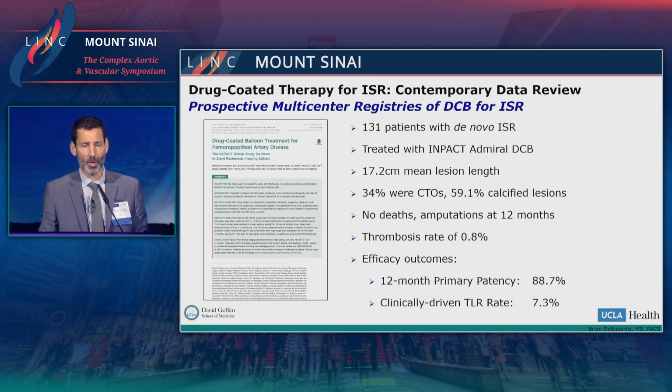And if you look at the 12-month primary patency, it was almost 89%. And so this is something that was really virtually unheard of prior to the use of drug elution in treating ISR, and I think that stands as a pretty good result. Moving on